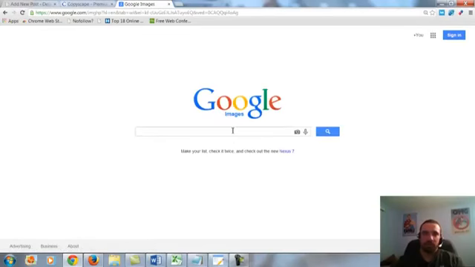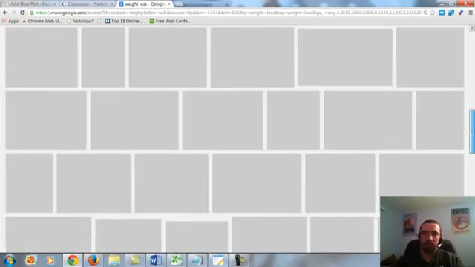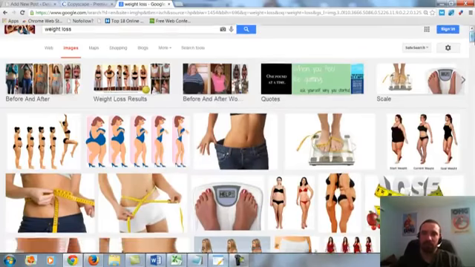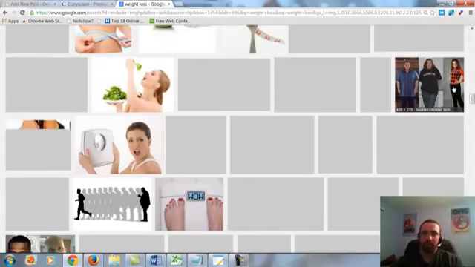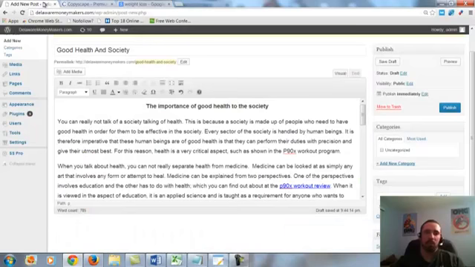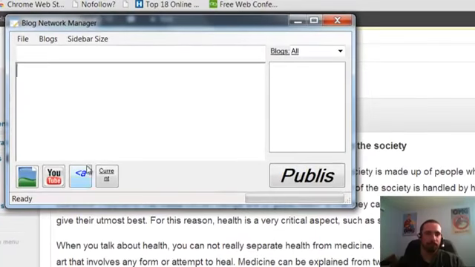Go to images. I'm not going to add a picture, I'm just going to show you how I would do it without the program. Type in weight loss. I'm just going to pick one of these at random. I like to not pick the top ones because a lot of people who do this will pick the top ones. I'll just scroll down some and pick one that's down here. Maybe this one or this one, whatever. Save it to my computer. Name it something like best weight loss. Upload it to my site. In this particular example, I won't use it so I don't have to download and re-upload it. Now let's go find a relevant YouTube video.